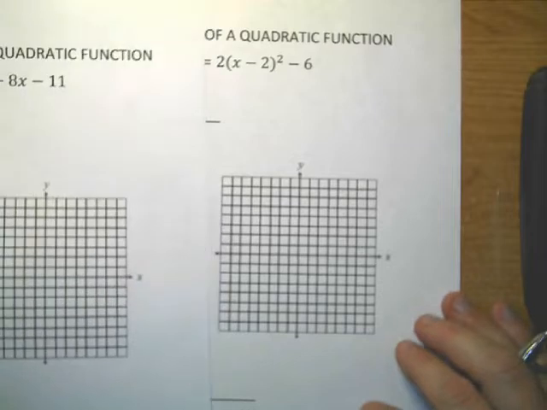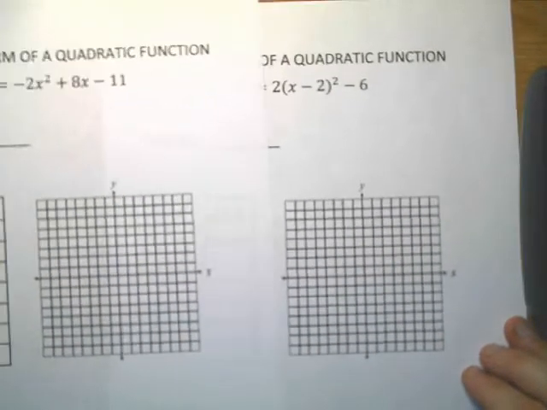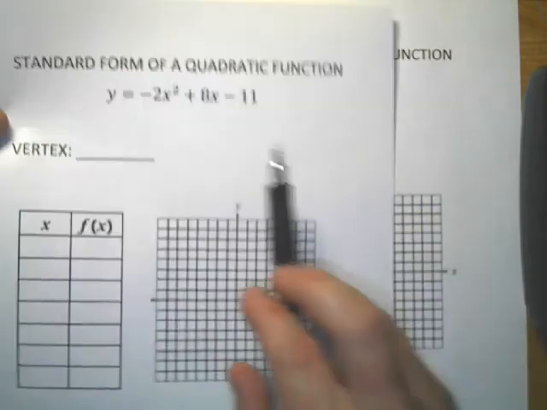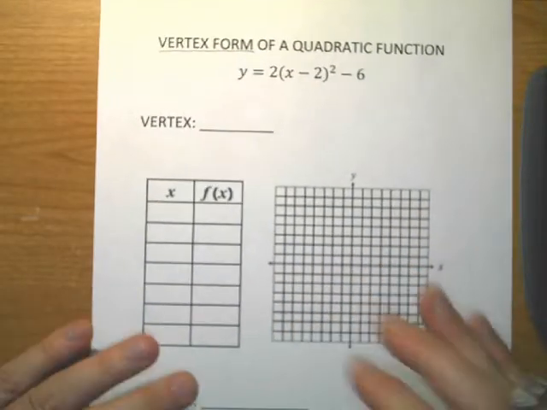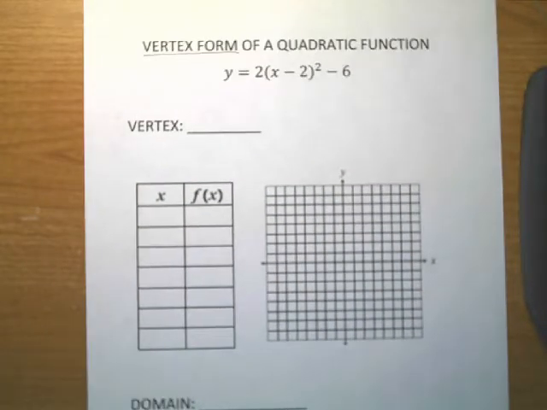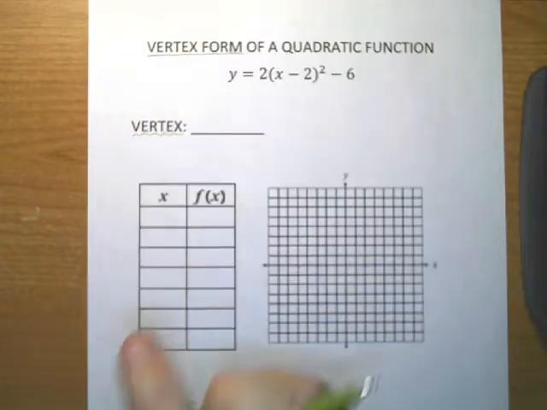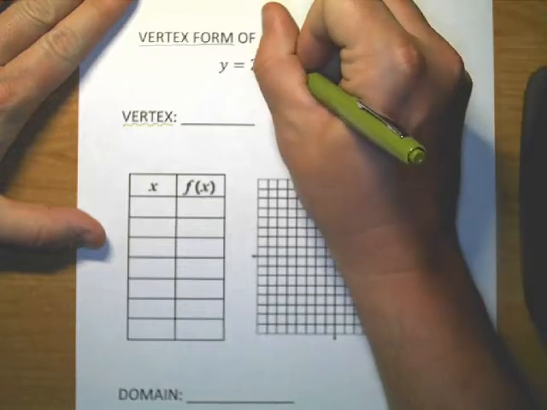So just looking at these two, comparing and contrasting them, you can pretty much tell which one's in vertex form because you have the parentheses squared, while here you will have no parentheses whatsoever. So looking at this vertex form, your vertex is the first thing you want to name every single time. Okay? And in vertex form, it is staring at you like a sore thumb. This guy right here